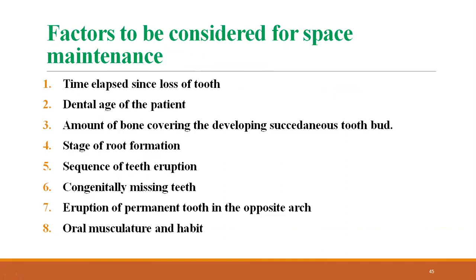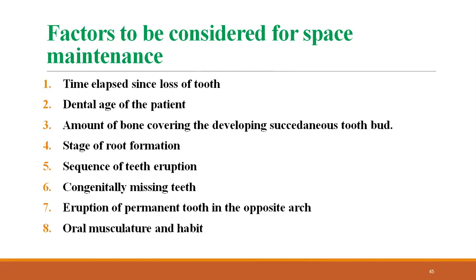Factors to be considered for space maintenance: first, time elapsed since the loss of tooth, dental age of the patient, amount of bone covering the developing succedaneous tooth buds, stage of root formation, sequence of teeth eruption, congenitally missing teeth, eruption of permanent tooth in the opposite arch, and oral musculature and habits. So these factors should be considered before